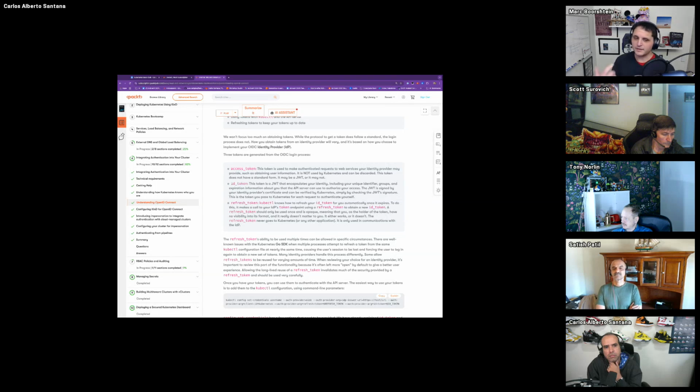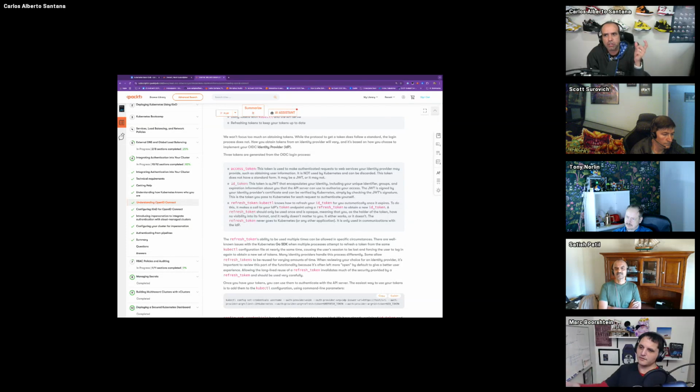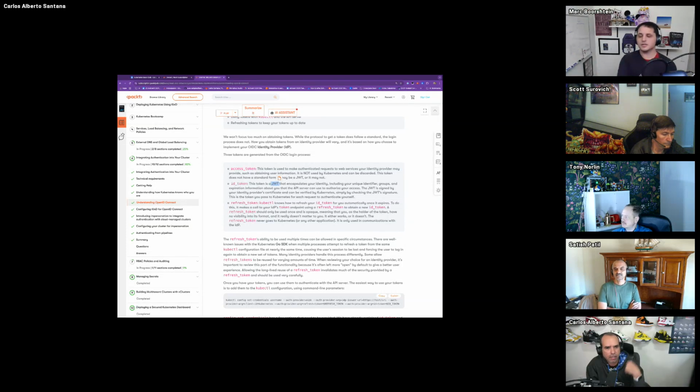There are in fact draft standards to codify this, but ultimately the way that Kubernetes ended up implementing it was, we really don't care how you got this JWT. It still doesn't really care, because Kubernetes doesn't know anything about OpenID Connect. Kubernetes only understands a token, an authorization header, and a bearer token, and it's a JWT.